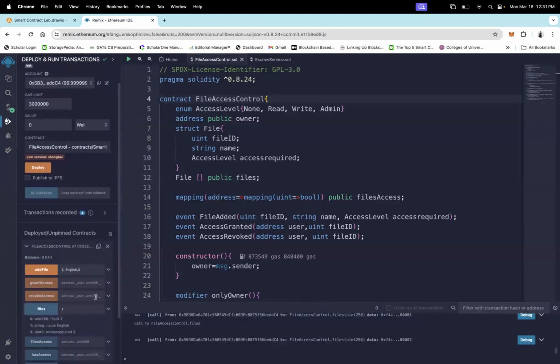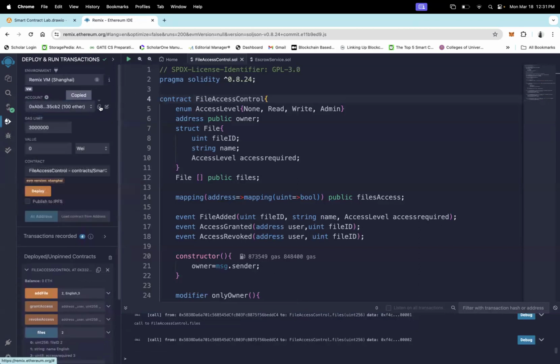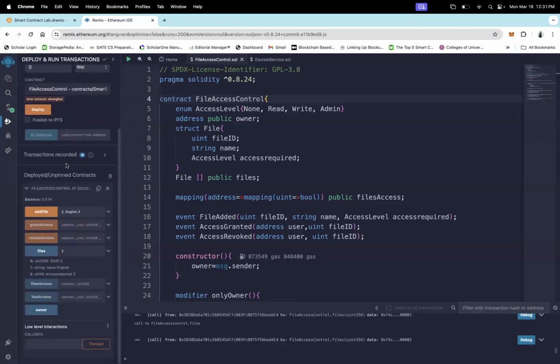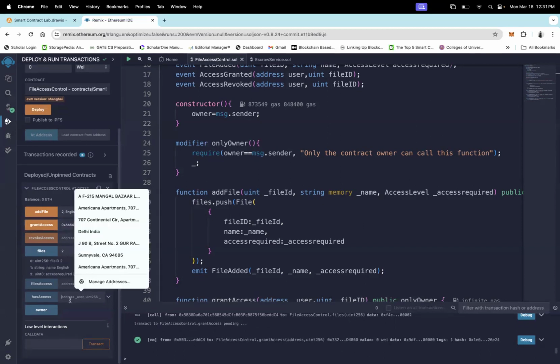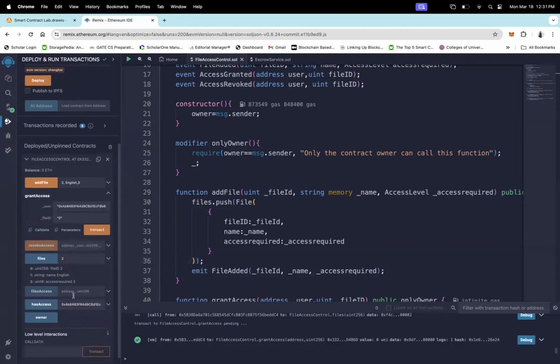Now you want to grant access to different users. So this is your first user, and just copy this address, and we will execute the function from the owner account, and we will grant the access to this address. So the address I have copied here. Next, I'm providing the access to the 0 file here. So grant this access. It is done, right? And similarly, you can provide the access. Now if you want to use the same address information, and this is the access for file 0, so I'm going to